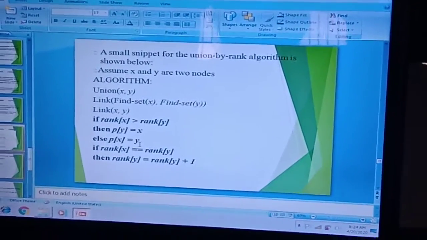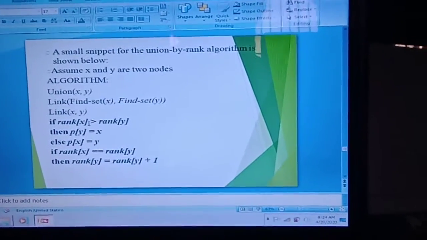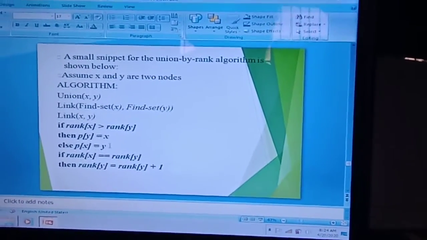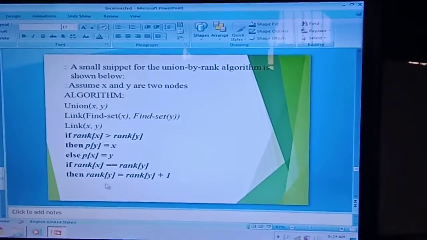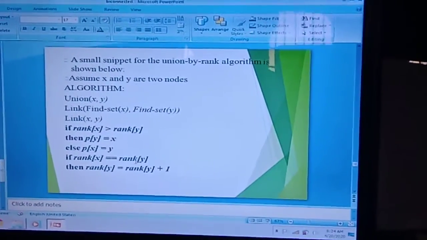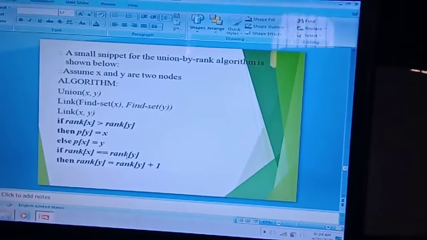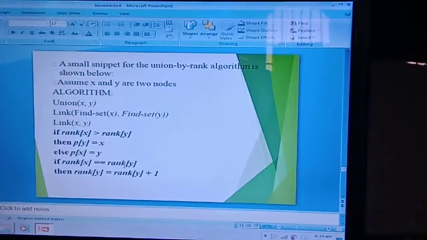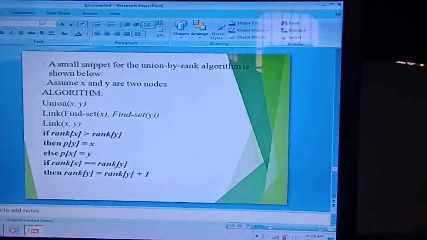When you are expanding, the left element should be less. So if the element is less, that becomes the parent; if it is greater, that becomes the child. If the rank of x is equal to the rank of y, then the rank of y is increased. That is, you can add the similar nodes to the same one. That is greater than and less than or equal to, two conditions.